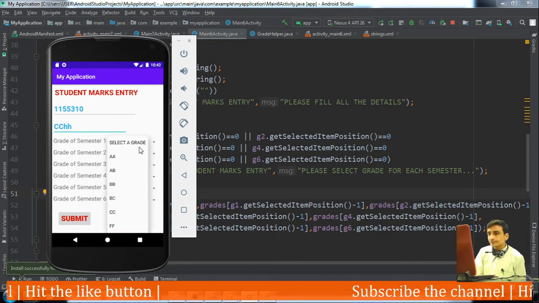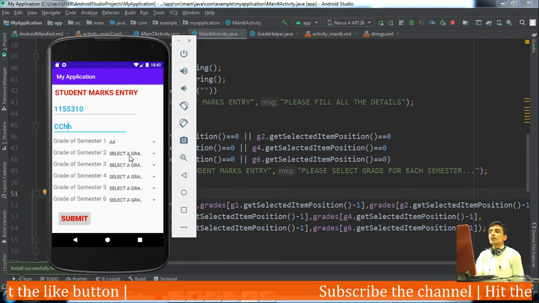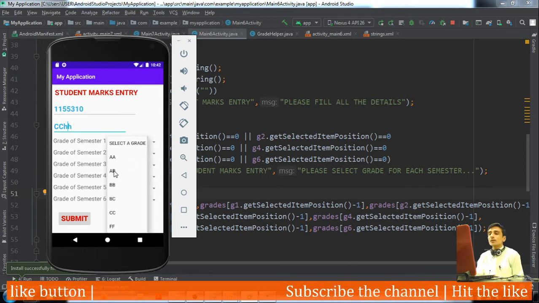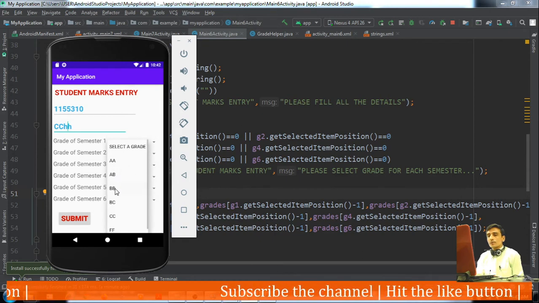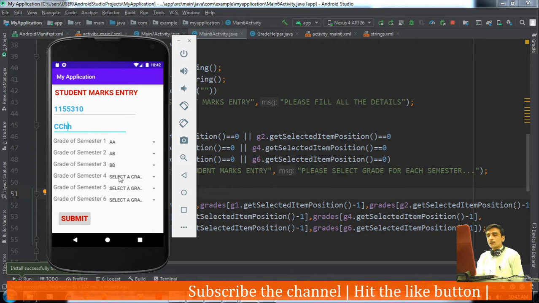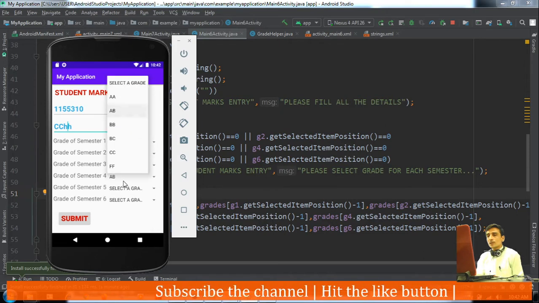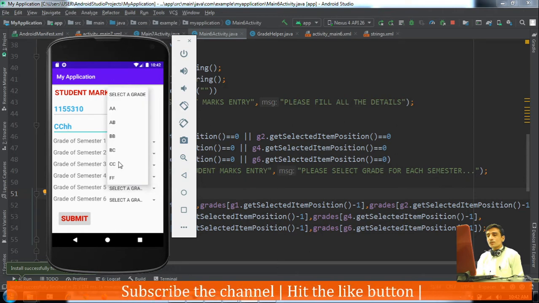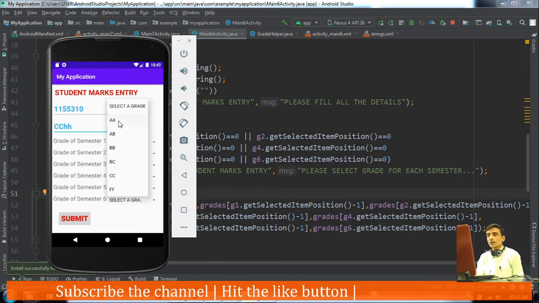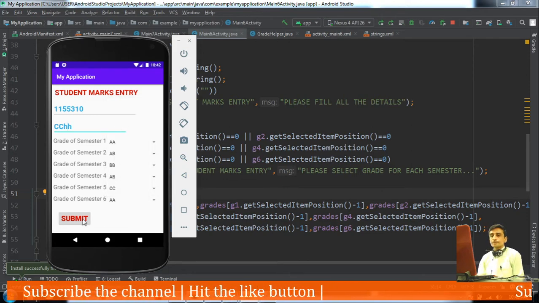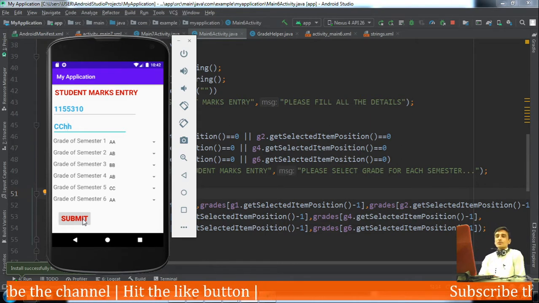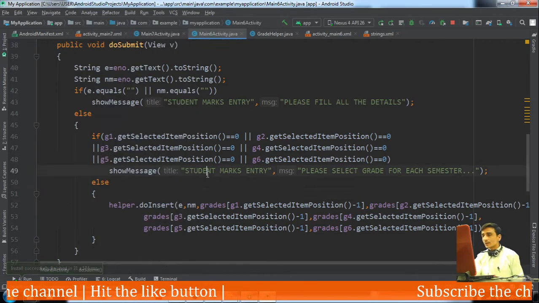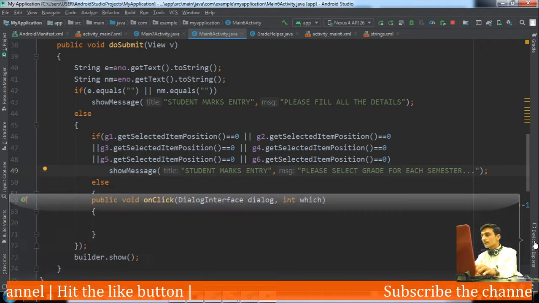Select a grade: AA here, BB, AB in the third one, BB again in the fourth semester, AB in the fifth semester, CC in the sixth semester, again AA, and submit. We have not written any message, so a message is not appearing, but we can check the database in our device explorer.